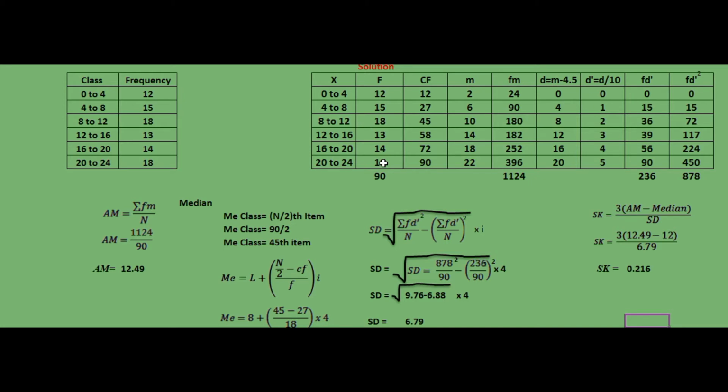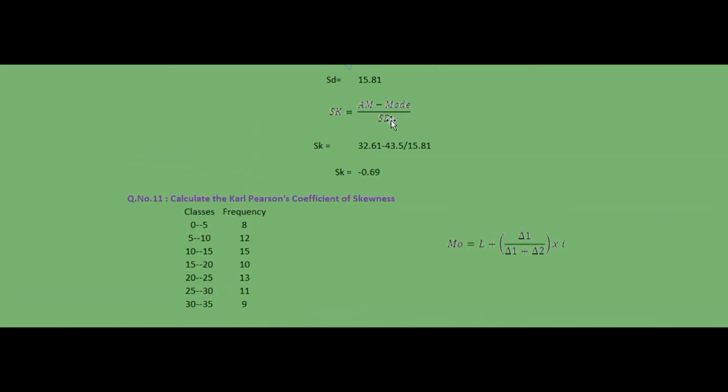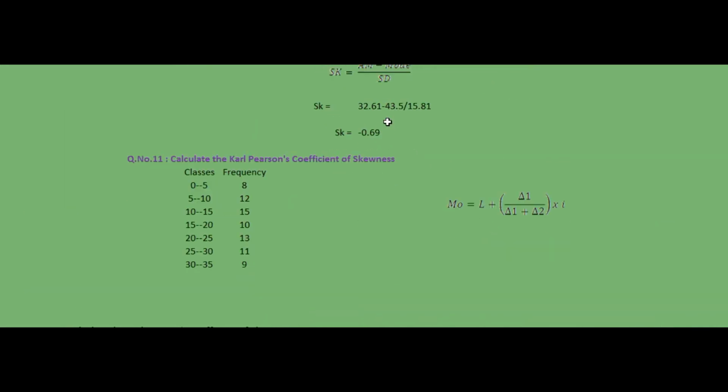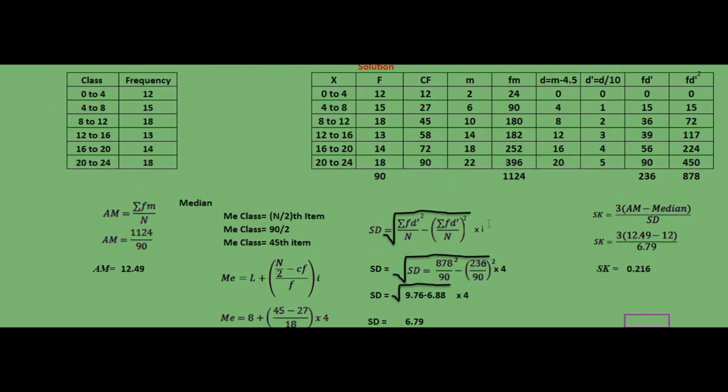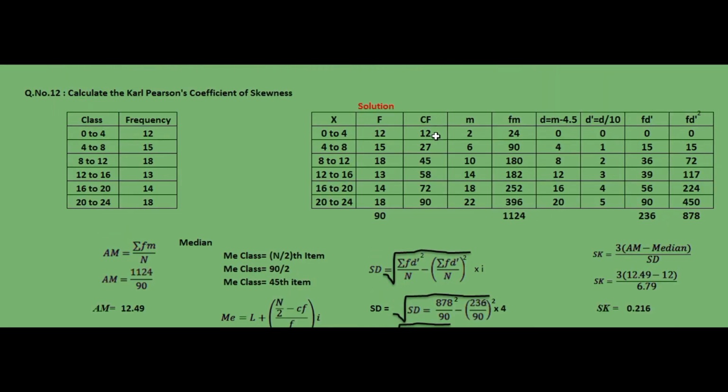Then we need to use one more formula of skewness, that is this one. Skewness equals 3 into arithmetic mean minus median, by standard deviation. We need to use this formula now instead of the other one. I hope that it is clear now. So for the median, what do we need to find? We need the CF, for the median purpose. 12 as it is 12.